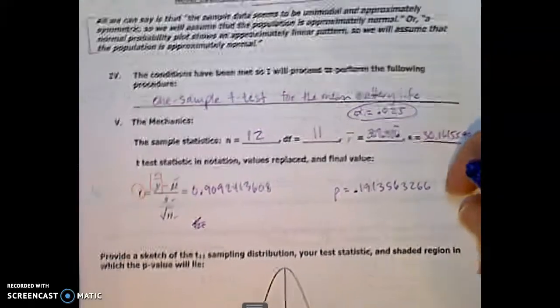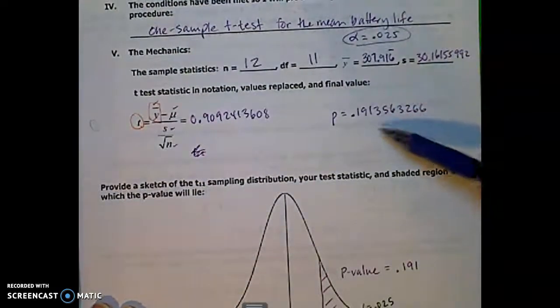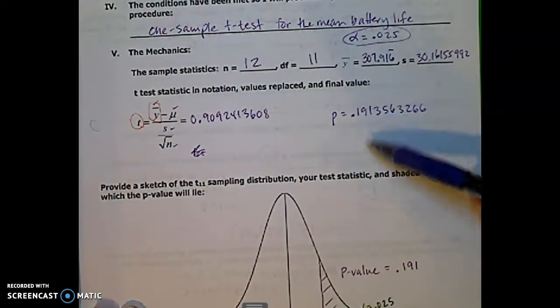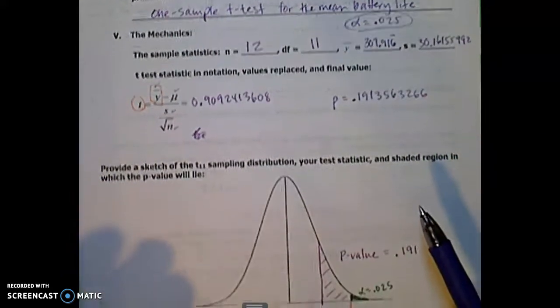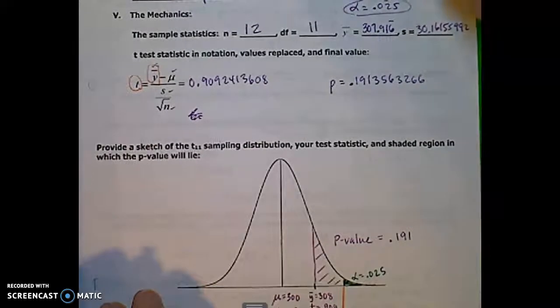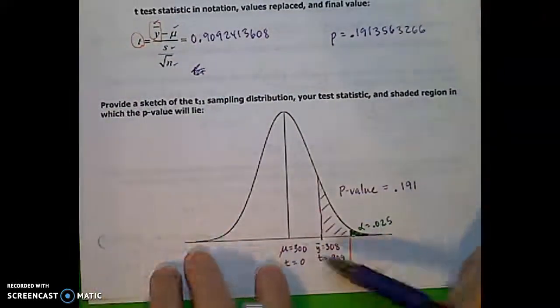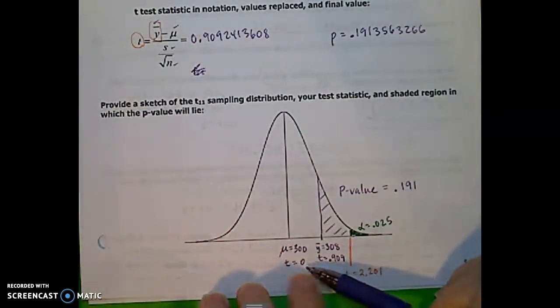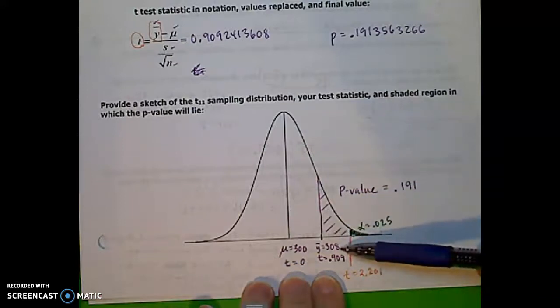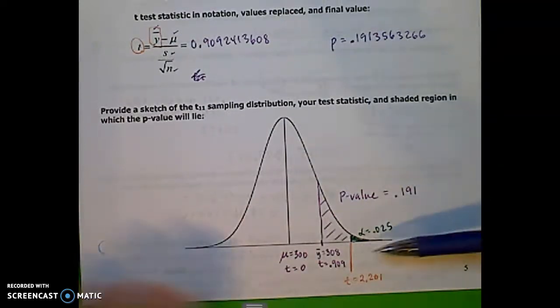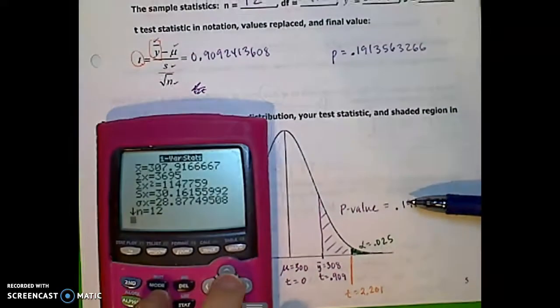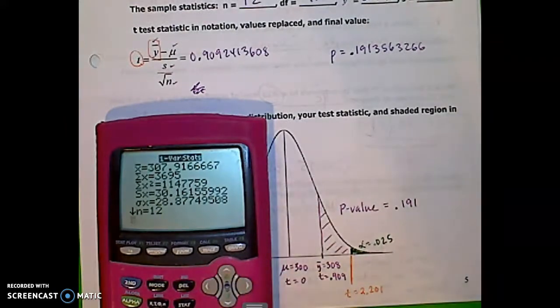Remember, in the coffee example, I showed you how to use the table to get the p-value. On this one, I'm just going to strictly use the calculator to get the p-value. It's always important to make a picture. Remember to always show your mean. I like to show the t-values as well. There's my sample mean. I'm just going to use 308 and my sample t-score there. And let's go ahead and run this